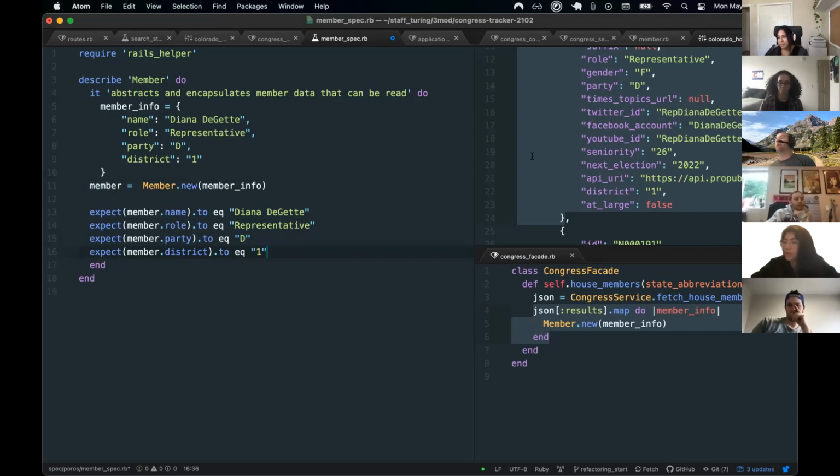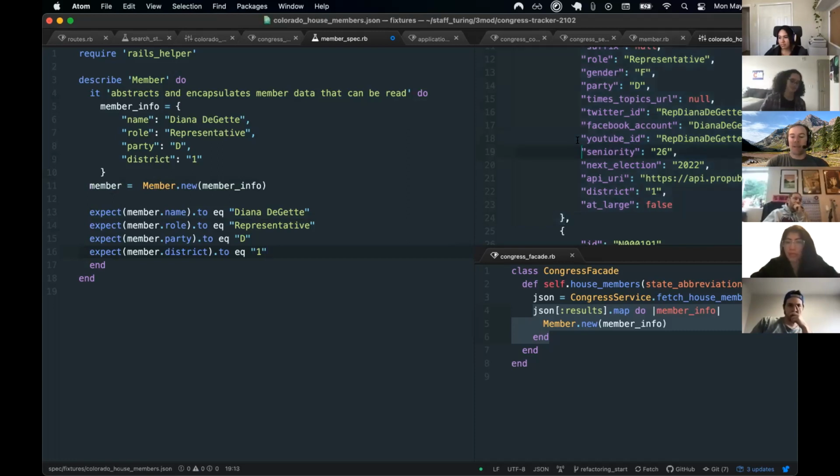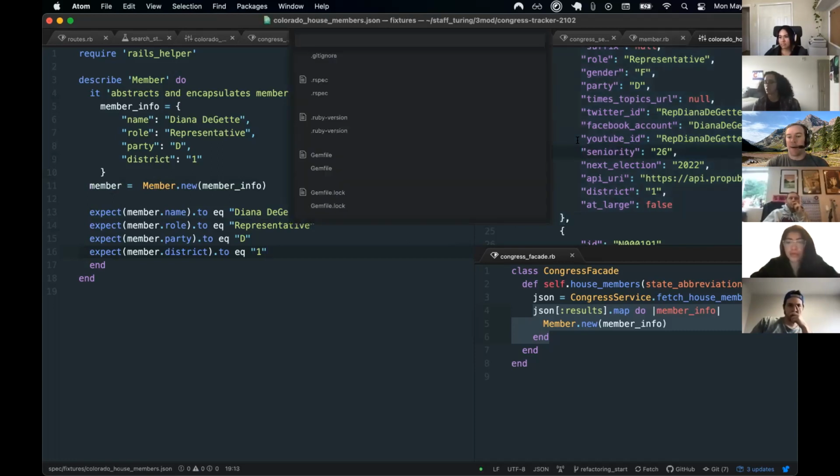Because this is a unit test just for this Poro, we shouldn't have to use a cassette from VCR, because that's just dealing with a scenario where I actually have an API call going on. But because this is just a unit test with just a member object, I want to make this thing as simple as possible. And the way that I could do that is literally pass in what I know is passed in when I do this in the Facade,